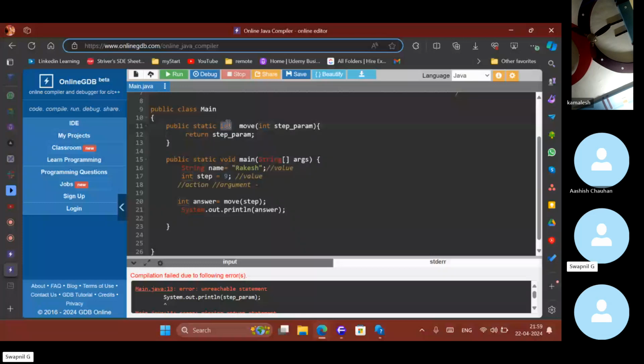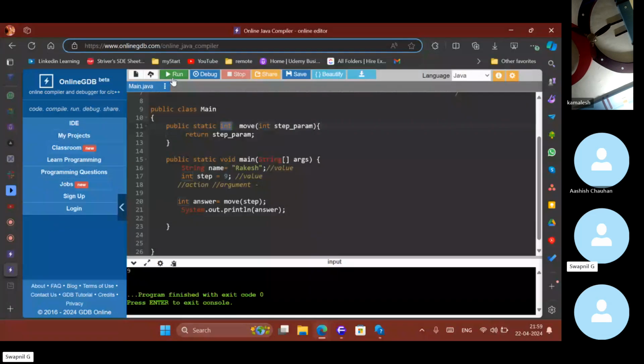Do we need to think about return type in JavaScript as well? No, sir. Why no?